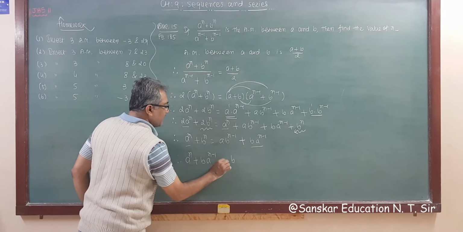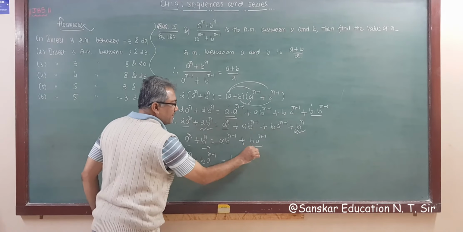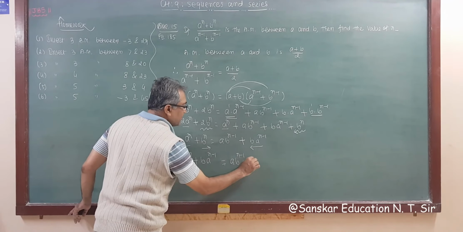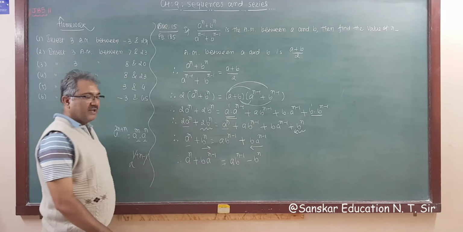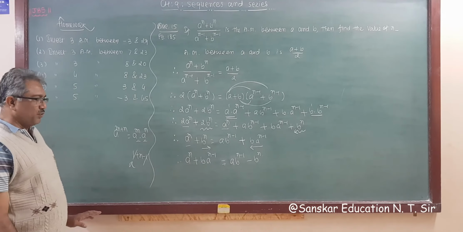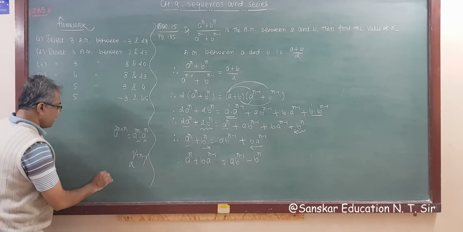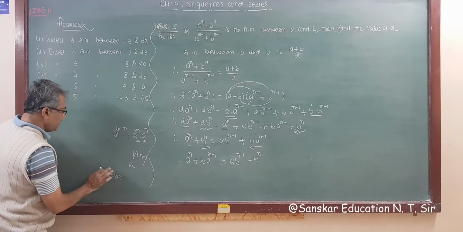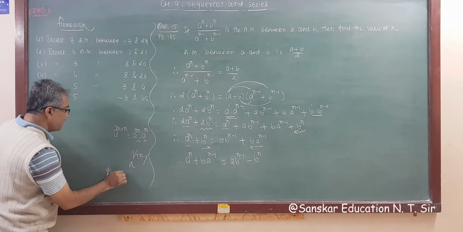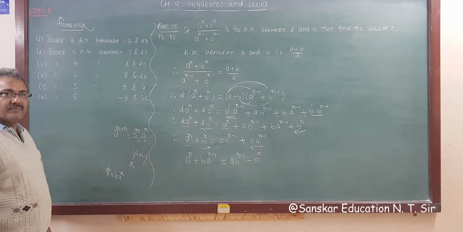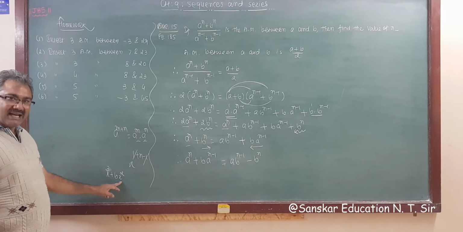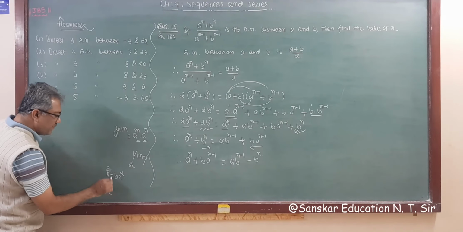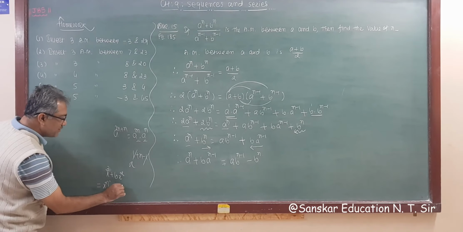Either I am taking this term to right hand side, taking this to left hand side. So this is a b raised to n minus 1 minus b raised to n, right? Okay, suppose you have x square plus bx. Either I am writing here x cube plus bx square. Then what is common? X square. Small power is x square. So if we take x square common, then this is 1 power more. So x is remaining plus b is your answer.